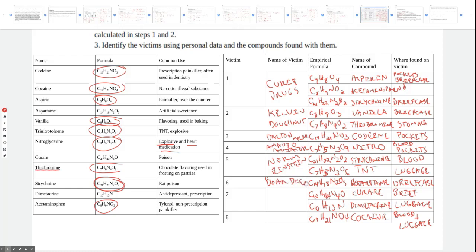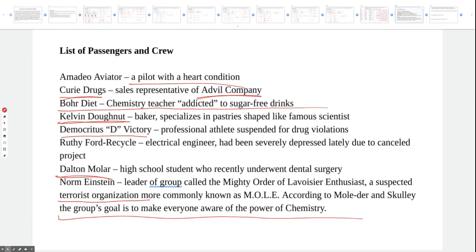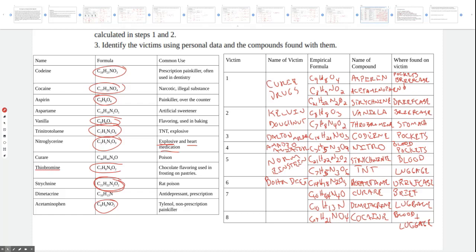All right, a couple more. Somebody who has curare, which is a poison, and dimetacrine, which is a prescription antidepressant. So this is somebody who's probably not in very good shape. Somebody who is severely depressed. So they're taking an antidepressant. They're also carrying curare, which might suggest that they're in a very bad way. So Ruthie Ford, Recycle. I'm just going to go with Ruthie Ford, Recycle,